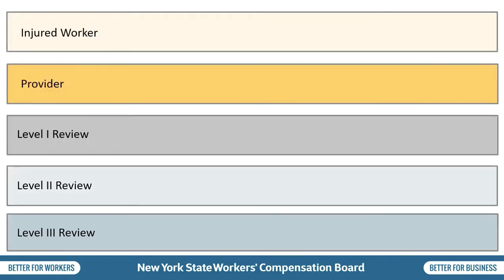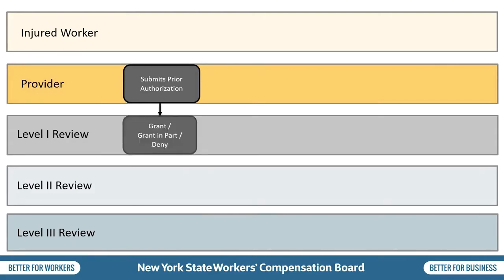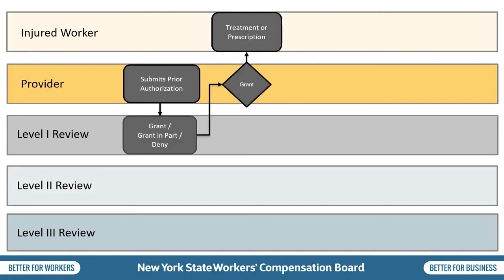To end our system recap, let's navigate the review process for a submitted prior authorization request. First, the provider will submit their prior authorization request in OnBoard limited release. The PAR will begin with the insurer's Level 1 review, and the insurer's Level 1 reviewer will either grant, grant in part, or deny. If it's granted, it will go back to the provider for treatment or prescription to the injured worker. If the Level 1 reviewer grants in part or denies the PAR, it will be automatically escalated to a